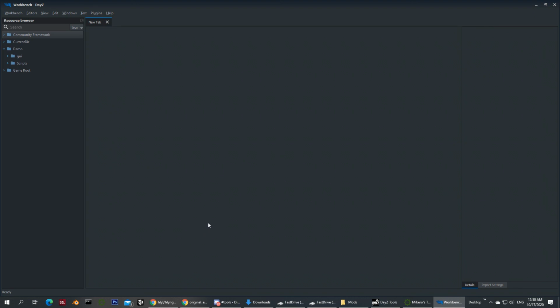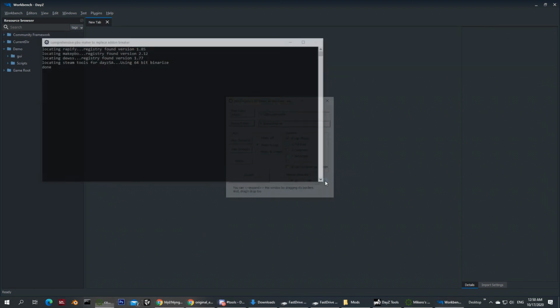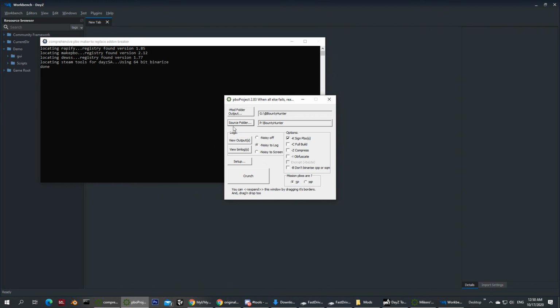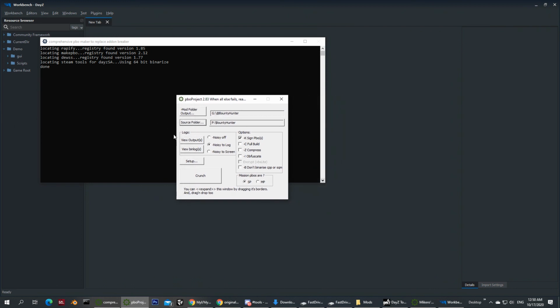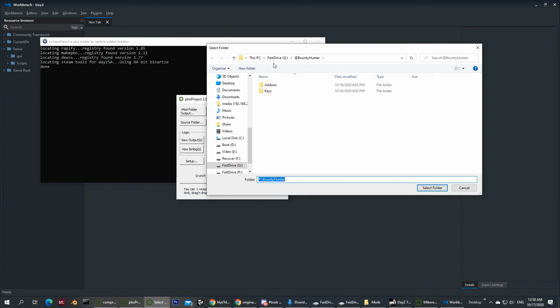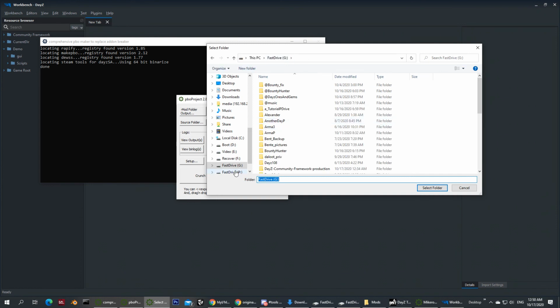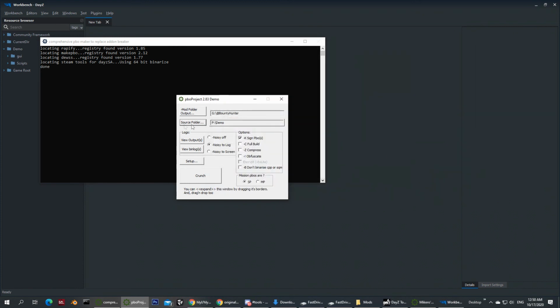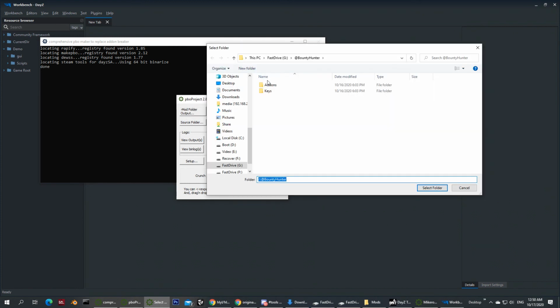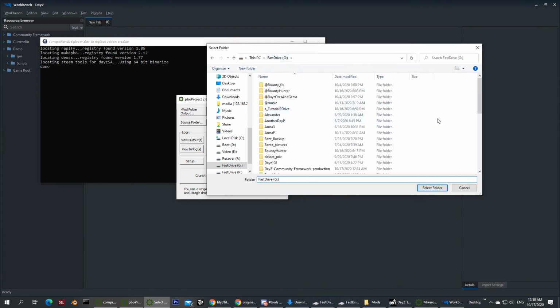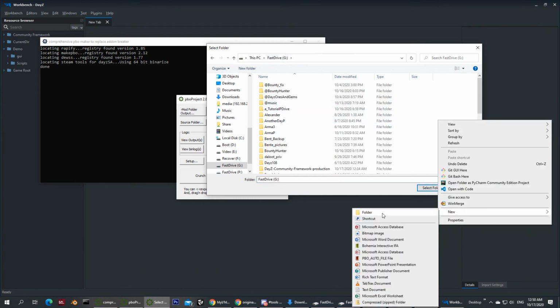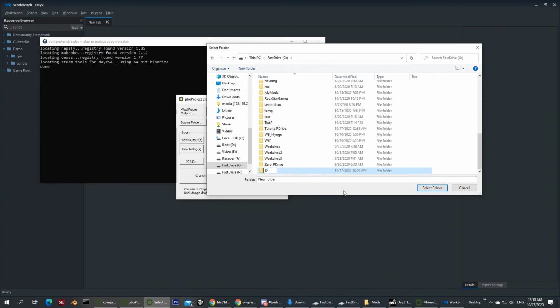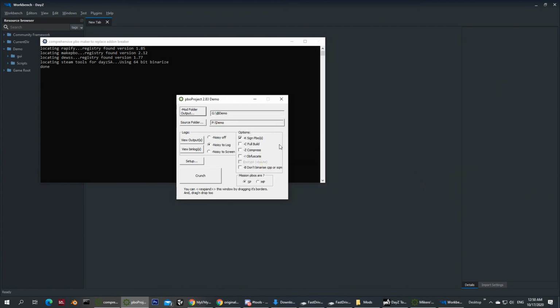That mod I want to pack correctly. So in order to pack that correctly, I start up the PBO project. I now point that to my newly made mod on the P drive here, so my demo mod, and I want to pack that to my G drive in a newly created folder here called add demo. It's a silly name for a silly mod.